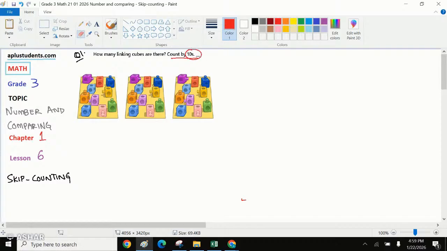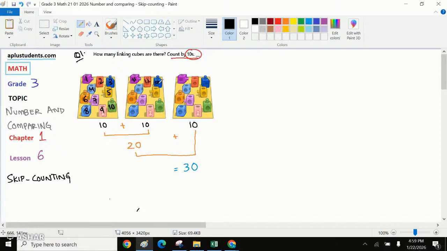So let's see how many cubes there are in the first picture. Okay, let's label it. We have 1, 2, 3, 4, 5, 6, 7, 8, 9, and 10, right? So if each of them has a 10, 10, and a 10, what we do is add them together. We know that 10 plus 10 would be 20, right? And 20 plus 10, the total comes out to be 30. Rather than doing 10,